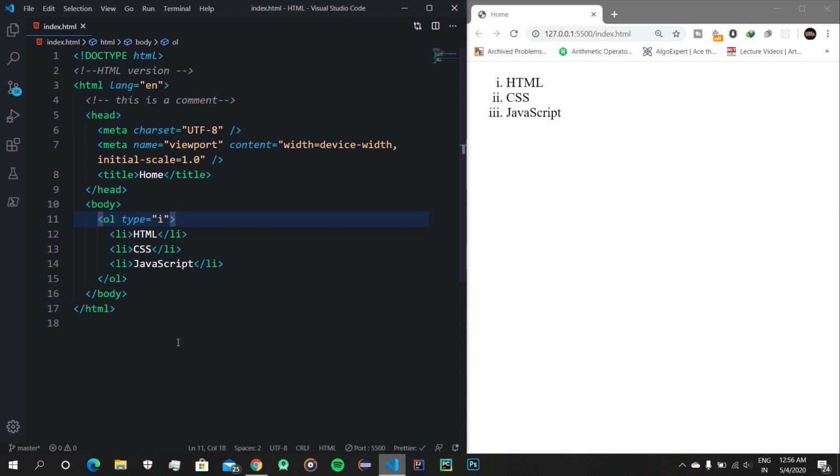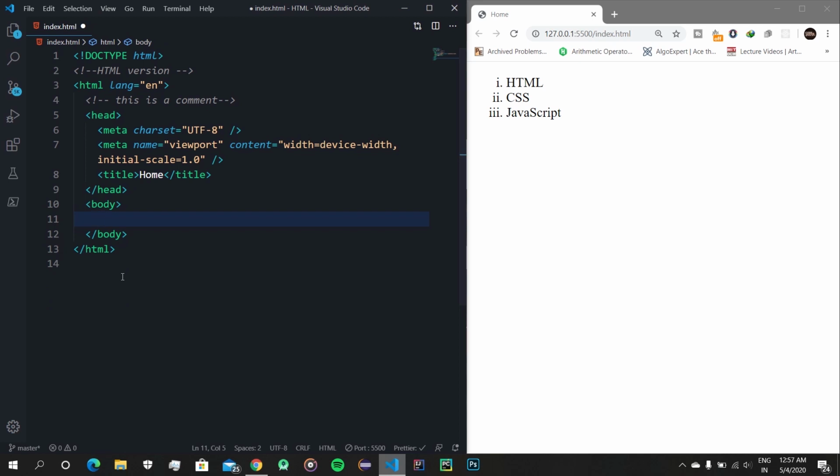Now let's move ahead. Let's talk about the description list. So HTML also supports description list, in which for each item there will be a description. So if we see here HTML, we can write a small description for this element and for CSS, and the same goes for the JavaScript. So to do that, let me just remove this ordered list from here completely and create a fresh one.